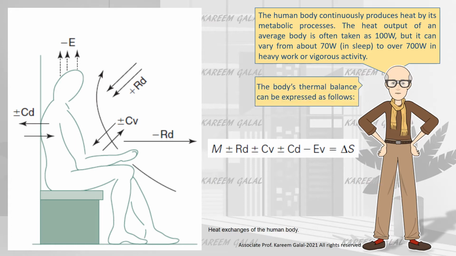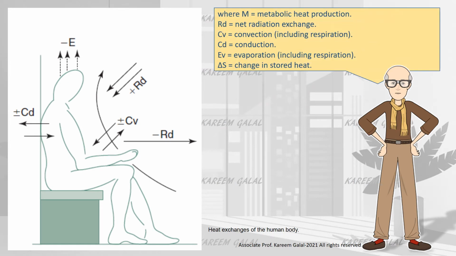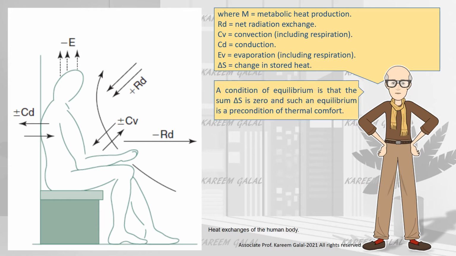The body's thermal balance can be expressed as follows, where M equals metabolic heat production, RD equals net radiation exchange, CV equals convection, including respiration, CD equals conduction, EV equals evaporation, including respiration, and delta S equals change in stored heat. A condition of equilibrium is that the sum delta S is zero, and such an equilibrium is a precondition of